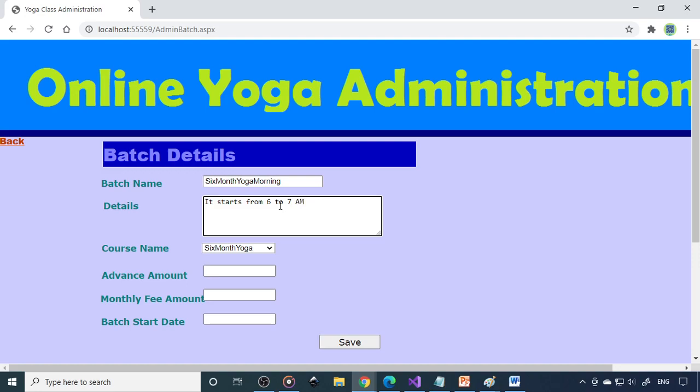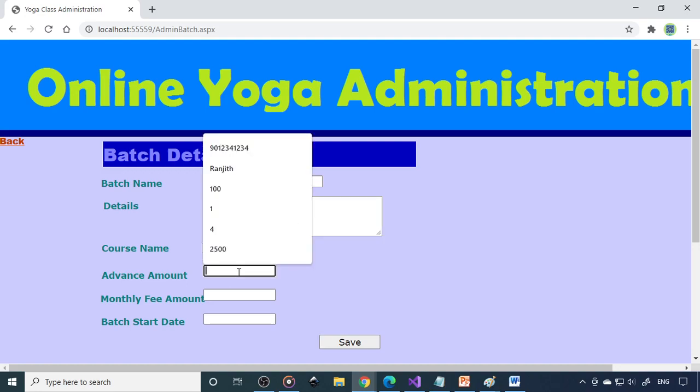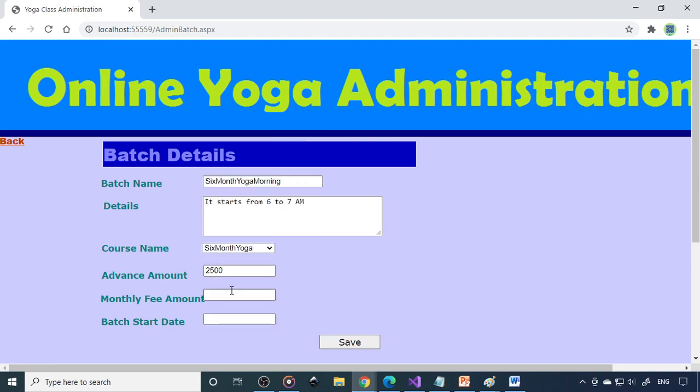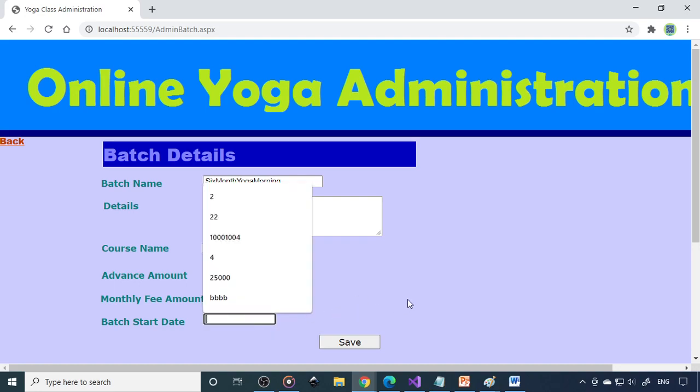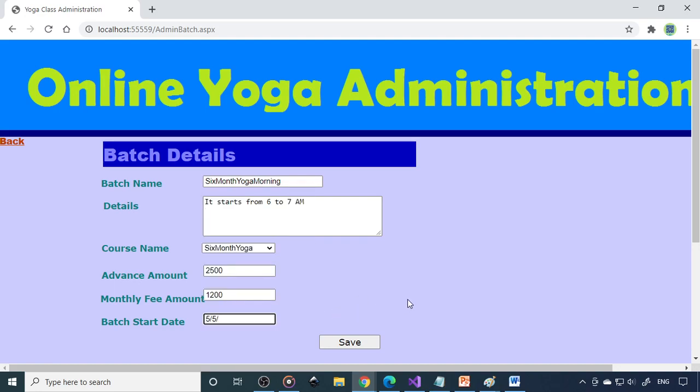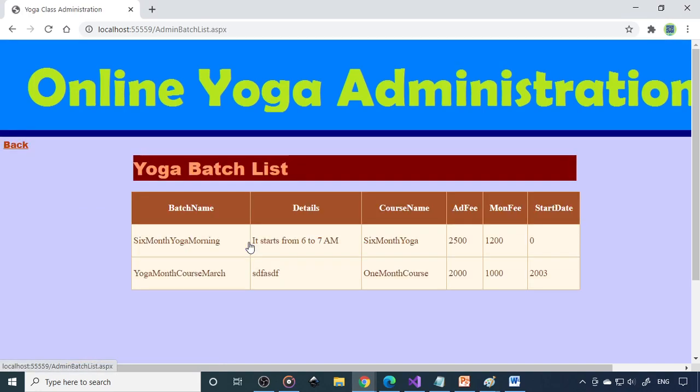So that is what the morning batch. Then advance amount. So you have to pay 2,500. Monthly fee is 1,200. Batch starts on, let's say 5/5/2021. Fine. So the batch is created. So we can see the batch now.